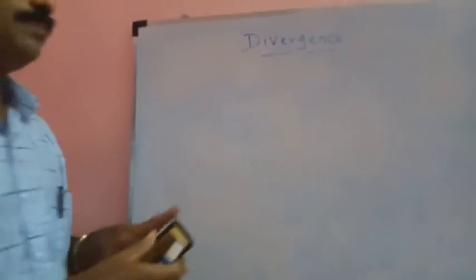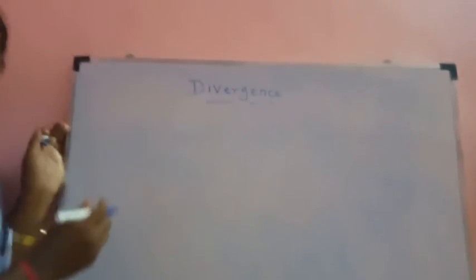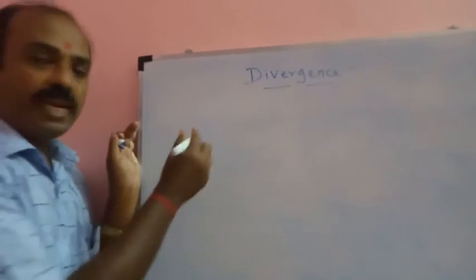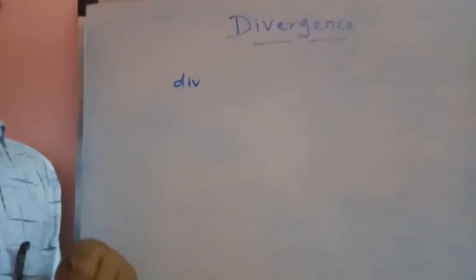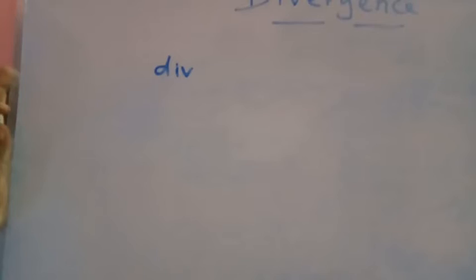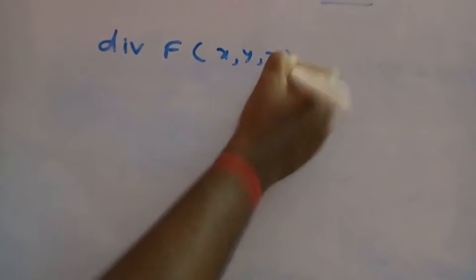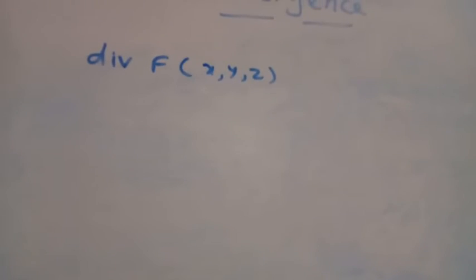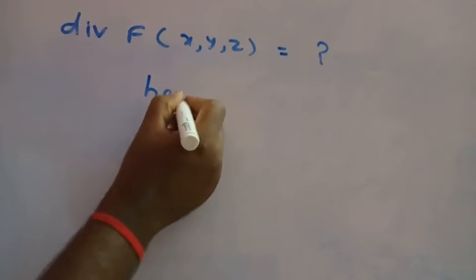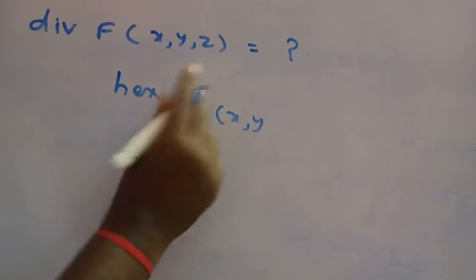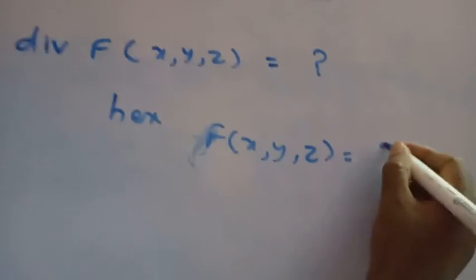So the next part is finding the divergence of a quantity, that is the divergence of f of x comma y comma z, in three dimensions, which we are going to find out here. F of x comma y comma z is given, and that value is actually